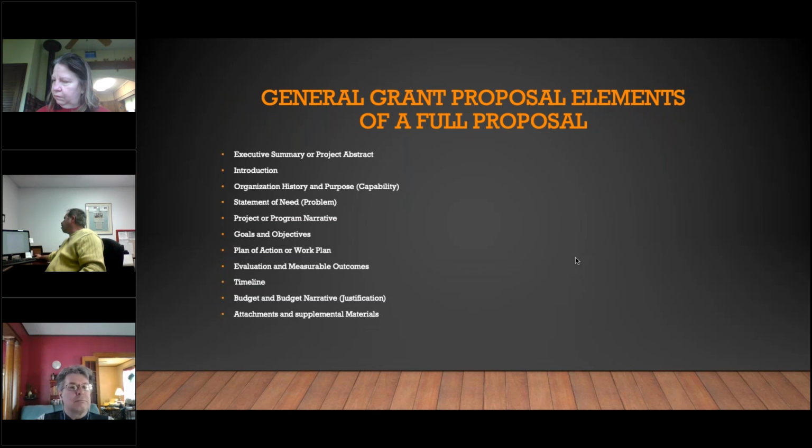All of these elements can be adapted from what you wrote for your LOI or the basic documents that you put in your grant writing folder. You can take those and adapt them and expand on them for your grant proposal. So, the introduction